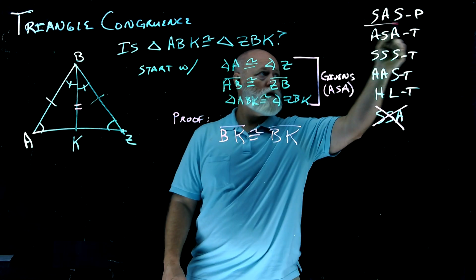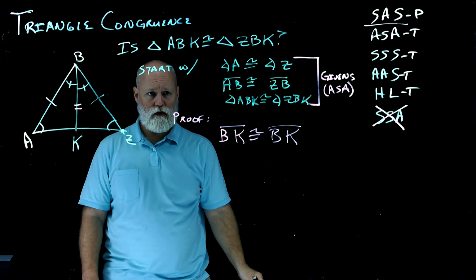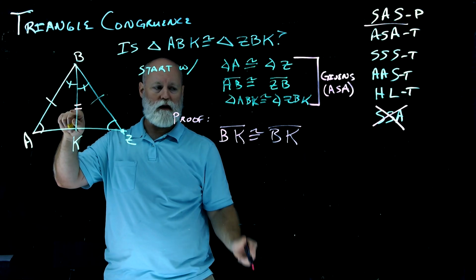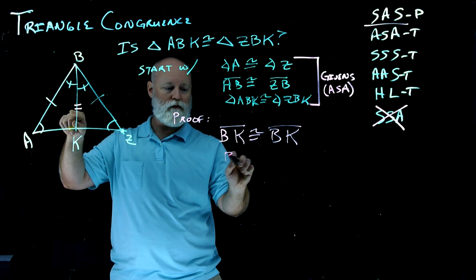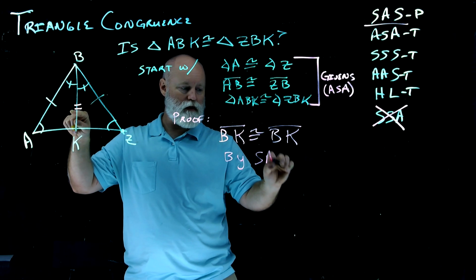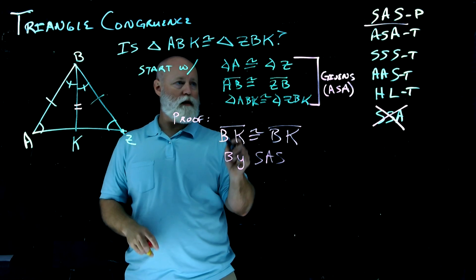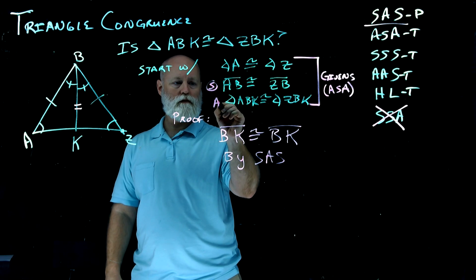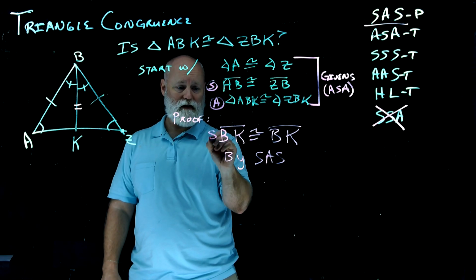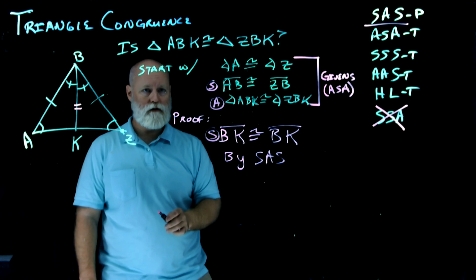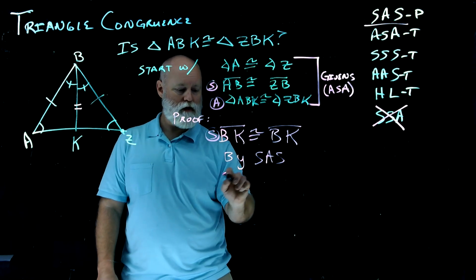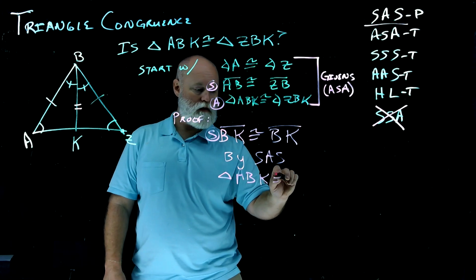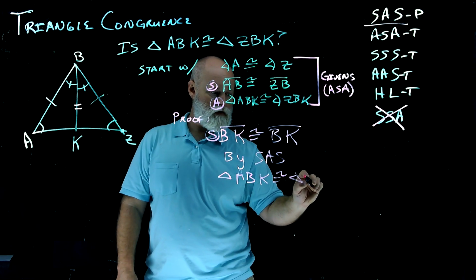Remember, that's the piece we know to be true: side, angle, side. Now look what we have. We have a side, an angle, and a side. So by side-angle-side, we have a side, an angle, and a second side congruent to each other, which means by side-angle-side, triangle ABK is congruent to triangle